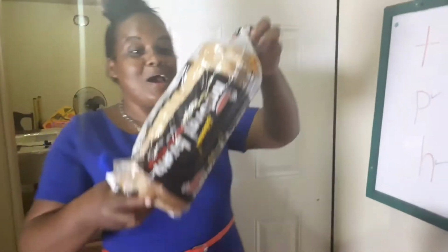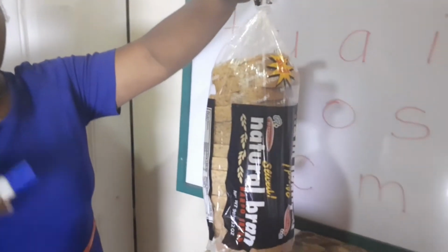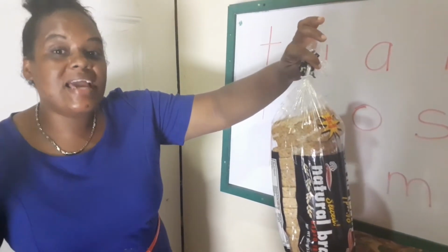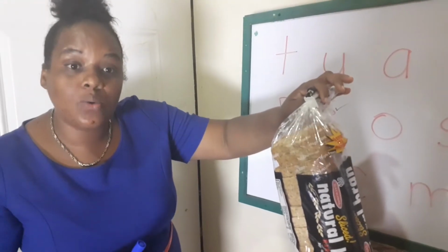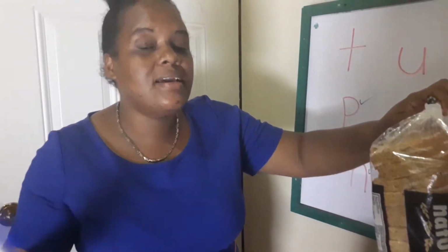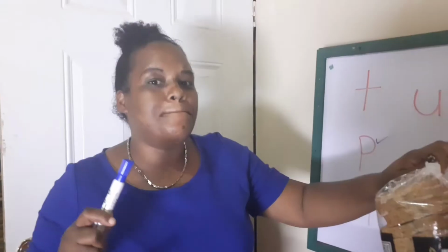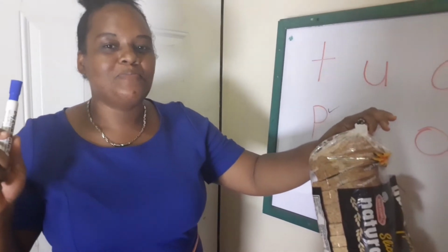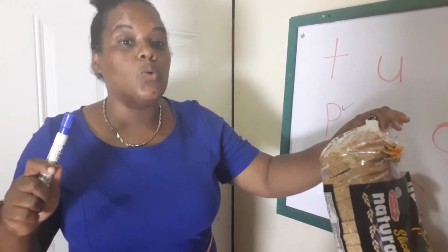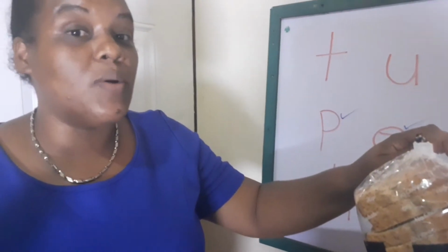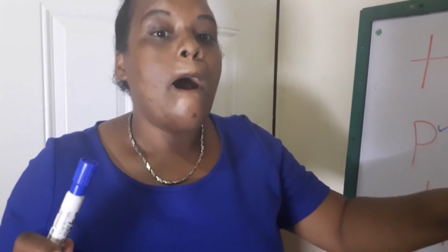So let's move along. And here she has bread. Look at this big bread. So the words big and bread begin with the same initial sound. Listen again. Big bread. Which sound do you hear at the beginning of the words big and bread? I am hearing the sound. We don't have to say it loud. We can just move our lips like this.